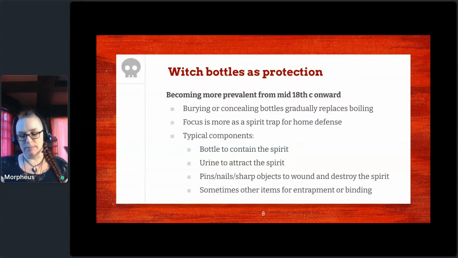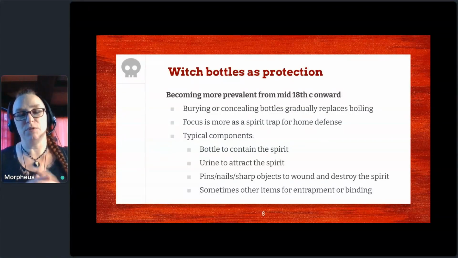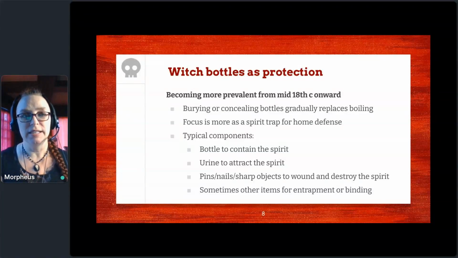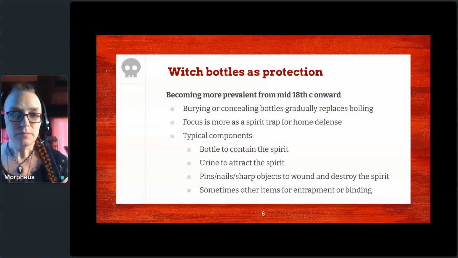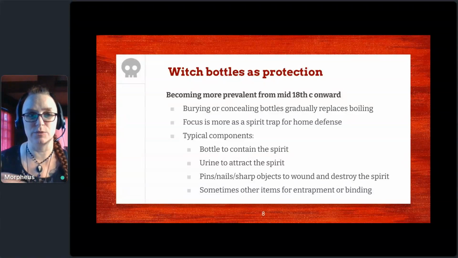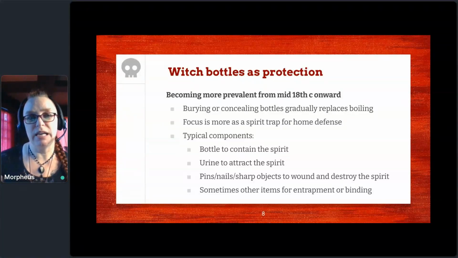And so this other use of witch bottles as a form of more generalized protection rather than a counter curse becomes more prevalent starting from the mid 18th century onward. And these are the ones that we find: buried or concealed bottles that get put underground, put in the walls of a house, that kind of thing. That gradually replaces this